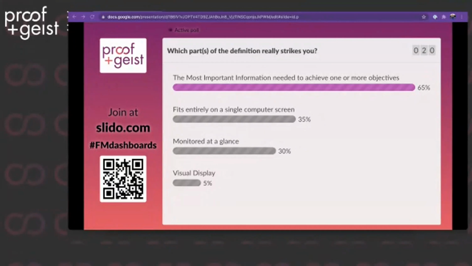All right. So far, by far, the most important information needed to achieve one or more objectives. That's an interesting idea, and I like it, one or more objectives. Maybe it could be one objective. Maybe there's just a dashboard that contains a single data point, chart or bar or graph or something that can alert the user to that information. Very good. And of course, the visual display is the least interesting to us, which I'm